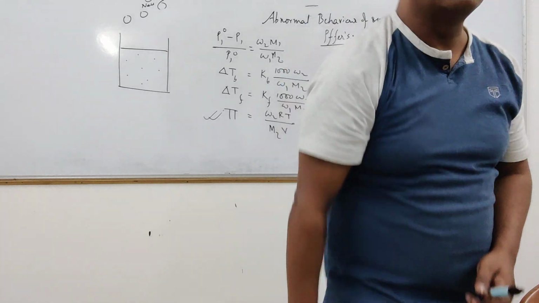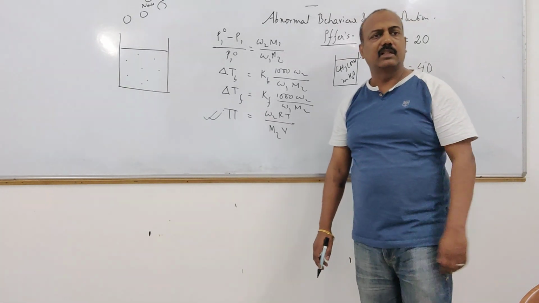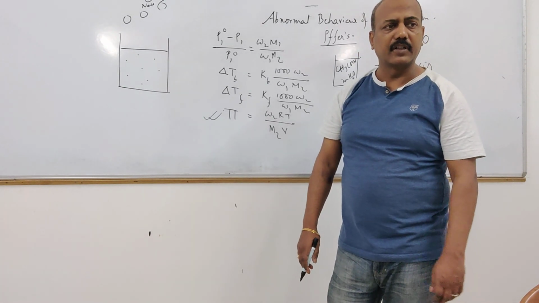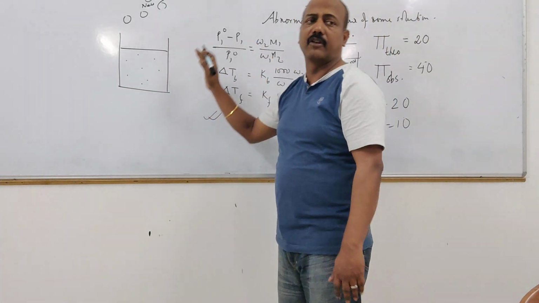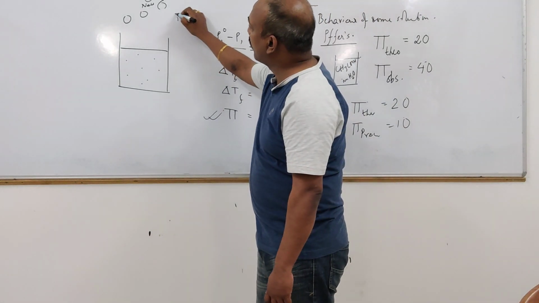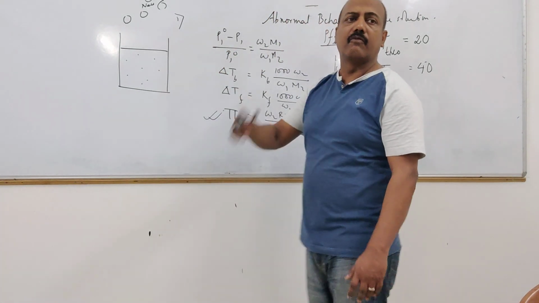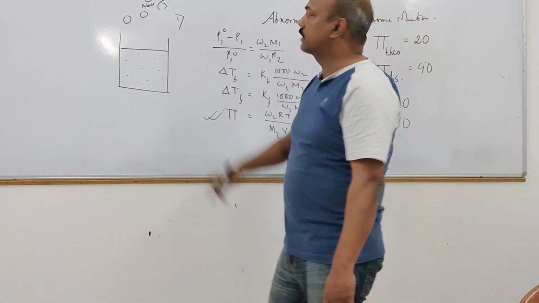They depend on the number of solute particles, not on their nature. Is it clear? This phenomenon of showing abnormality, where the value will be more than the expected value,